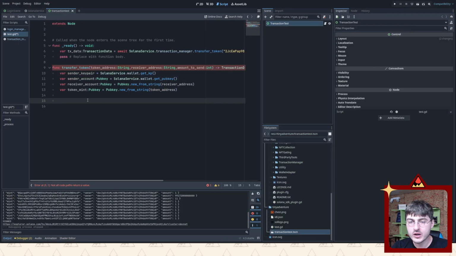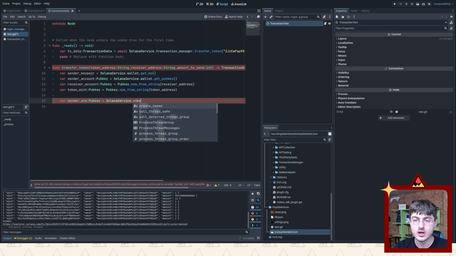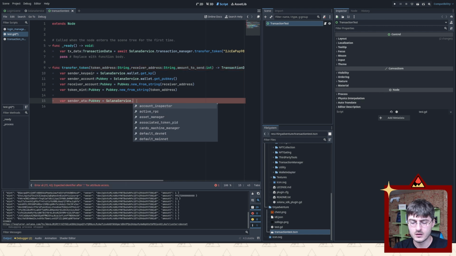Anyway, what I wanted to get to is that if we want to send these random tokens, we need to use both associated token accounts, of the sender and of the receiver. So let's see how we can use them. So var senderATA, associated token account, which is also going to be a pub key. We can say Solana service, I think it should be await. No, probably not await. Solana service create. Is it create? Get